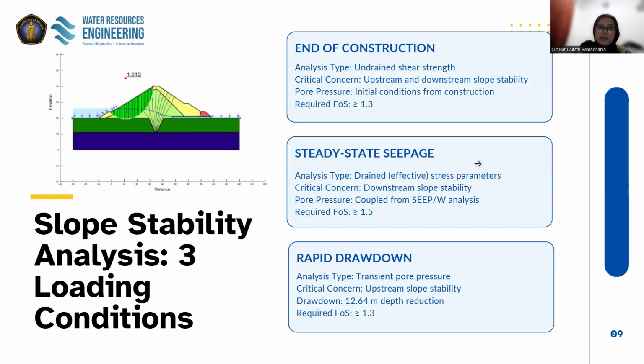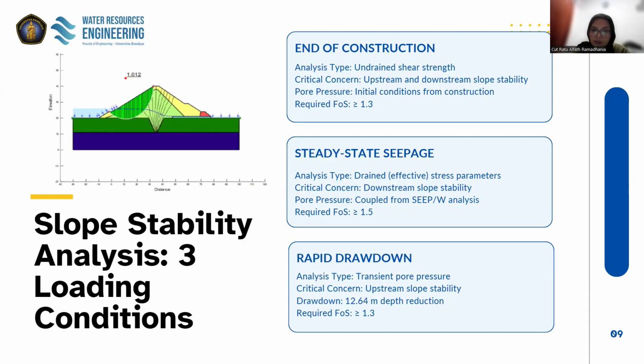So for the slope stability analysis, with three loading conditions, the first condition is the end of construction, the second one is steady state seepage, and the last loading condition is rapid drawdown. So the first condition, the end of construction, the analysis type is undrained shear strength, with critical concern is upstream and downstream slope stability, with the pore pressures initial condition from construction, and the required safety factor is up